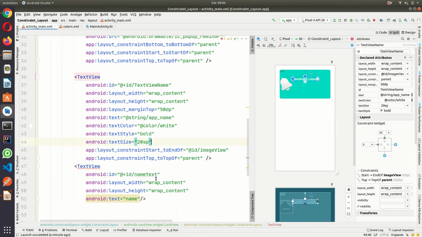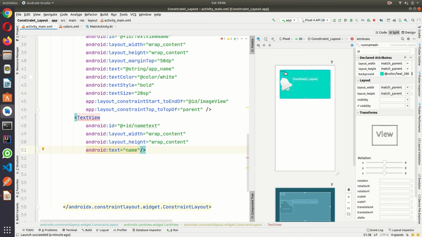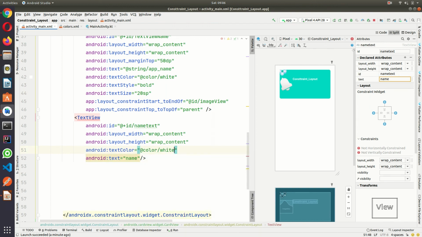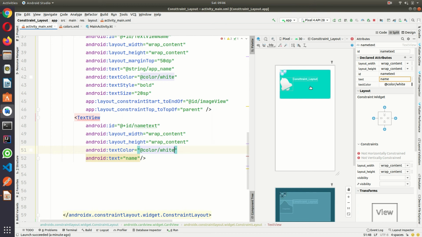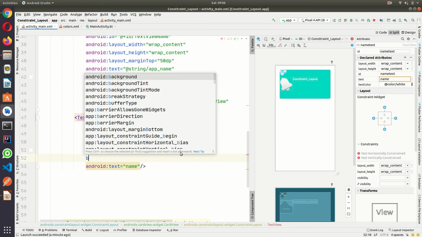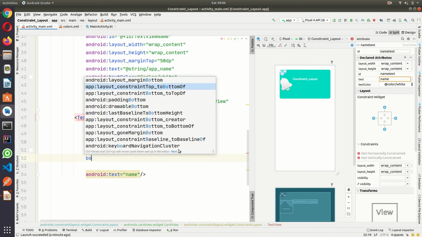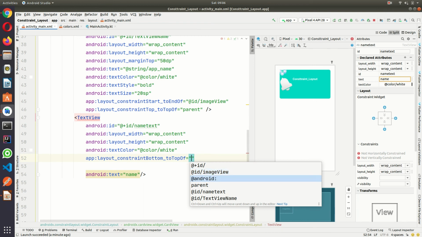This is currently showing an error because I have not used the constraints. Let me add the text color white. I wanted this text to be below, so bottom to bottom, top to bottom.